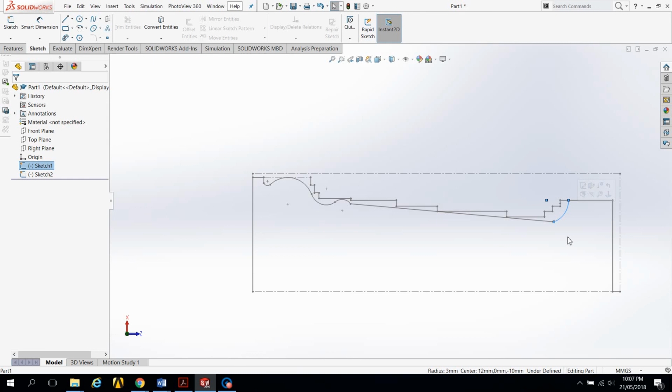Okay, so point 1 to point 2, G02, R3. Between 1, 2 and 3, just a straight line. So G01 for P2 to P3. From P3 to P4,